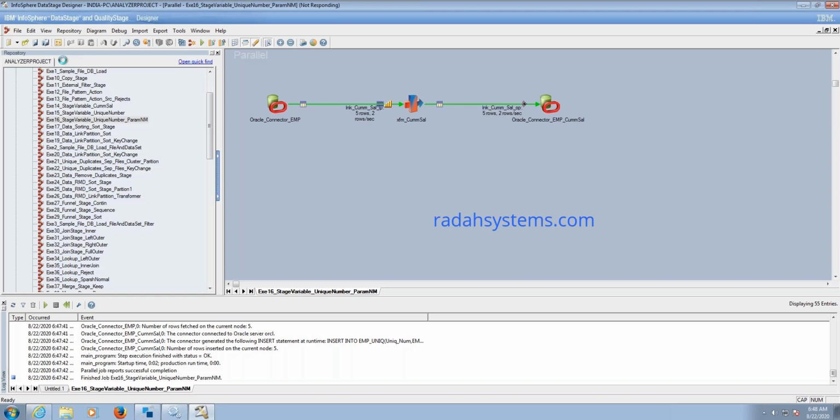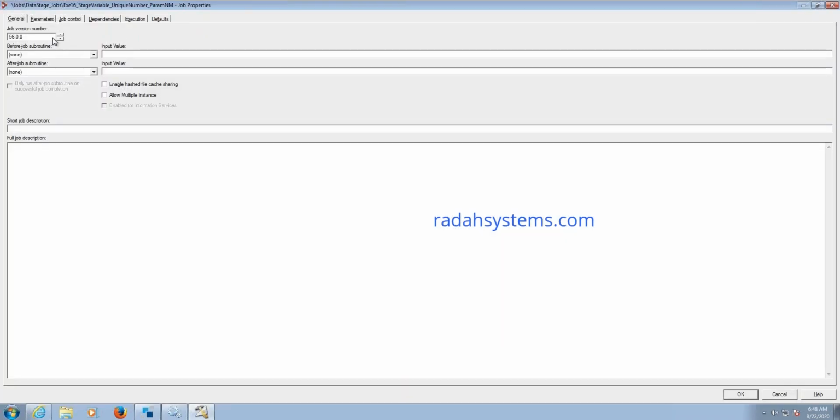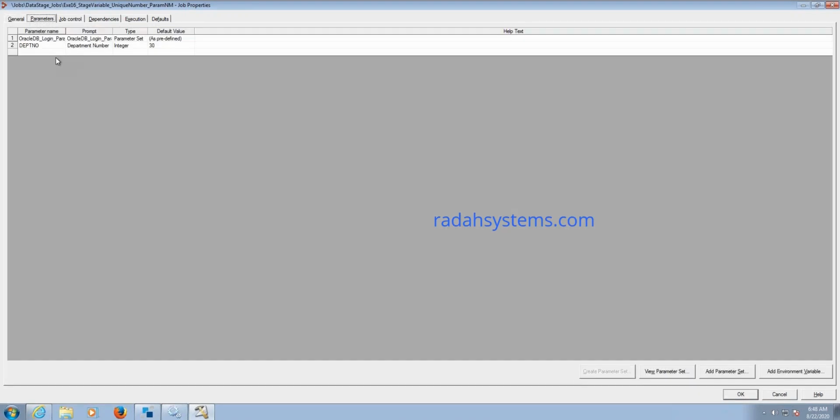Double click on the job properties, then in the job parameters, go to the parameters tab. Here I have created it. And where we pass the value in the SQL, we have to put it within hash, right? Yes.